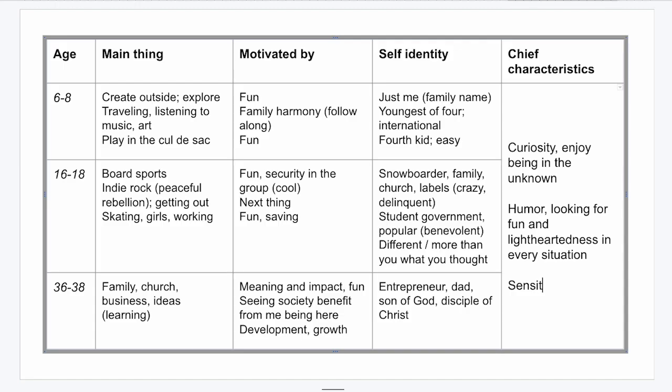Mine are probably along this line. I'll read in like sensitive, which is weird. I would say that for me too. Yeah, isn't that true, man? Sensitive and